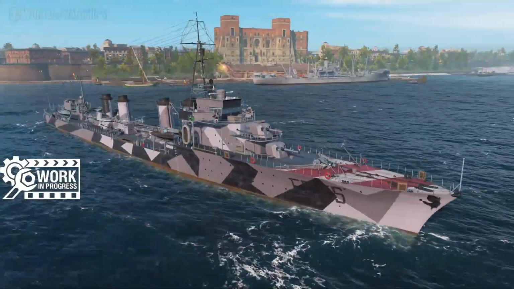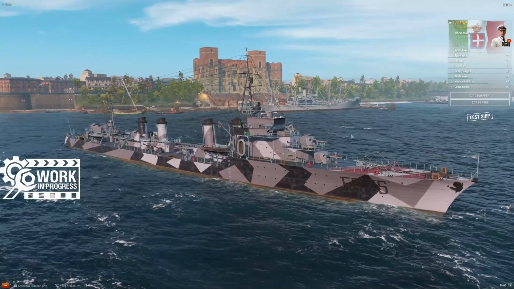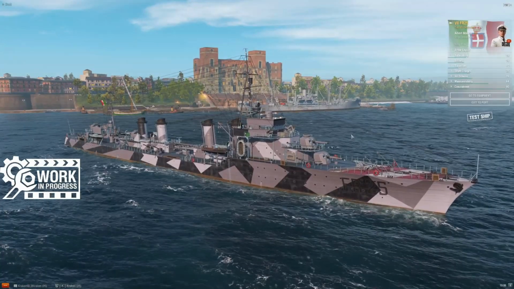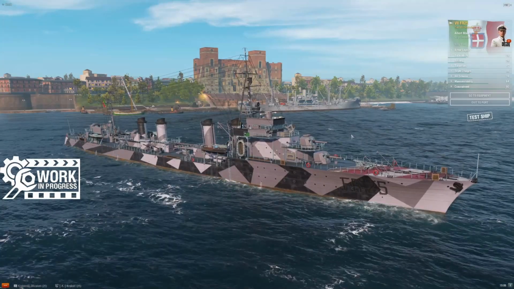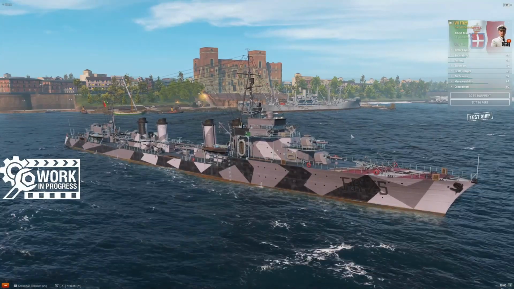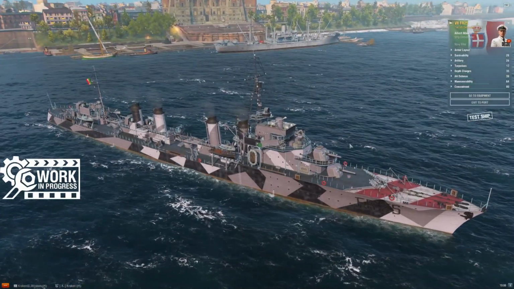FR25 here is going to come to the game at Tier 7, and if you want the quick summary, this is what happens if you blend a French destroyer and an Italian destroyer. What are you talking about, Raptor? Well, all right, let me kind of explain what you're looking at here. As near as I can figure,